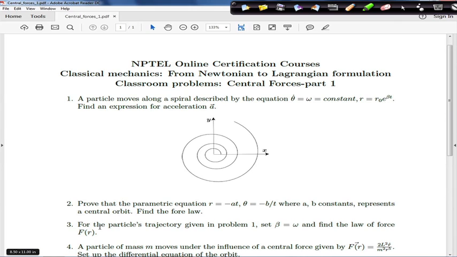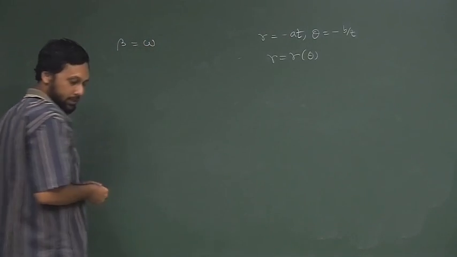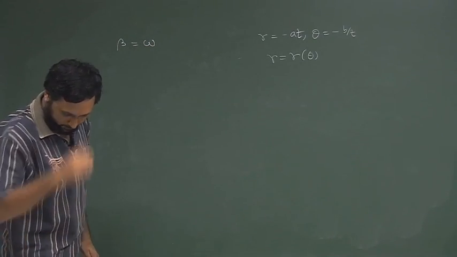So, the next problem is also related to the first problem, which says for the particle's trajectory given in problem 1, which is the first problem here, the spiral, set beta equal to omega and find the law of force. Now, this is also easy. What happens is, if we set beta equal to omega in this equation, if you recall,